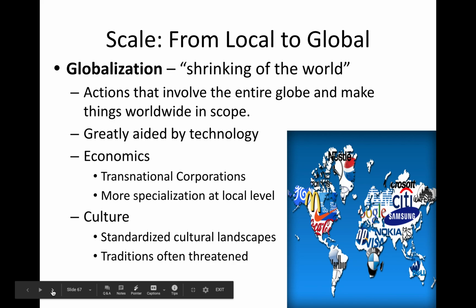Globalization is the figurative shrinking of the world. It's shrinking the world in terms of time-space compression. With greater technology, communication happens almost instantaneously from one end of the globe to the next, and it's moved by economic cooperation, and that shrinks the scope of the world. So the world isn't shrinking, but the technology is making it much easier to communicate and brings people closer together in what is a global